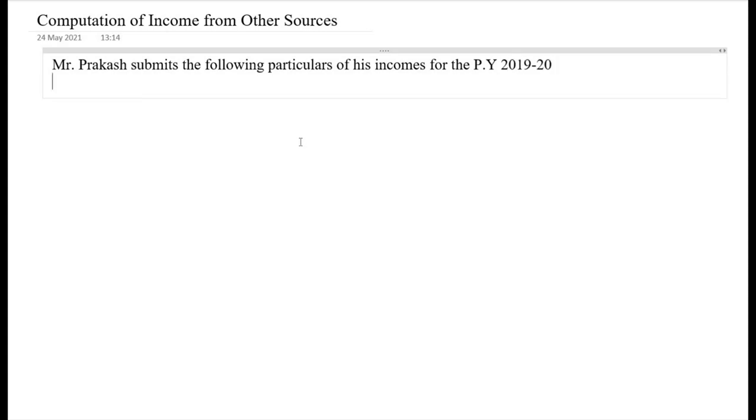This is an example of computation of income from other sources. The question is very simple here. The question runs like this. Mr. Prakash submits the following particulars of his incomes for the previous year 2019-20. The details are: